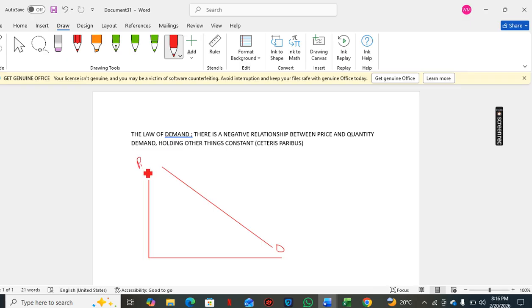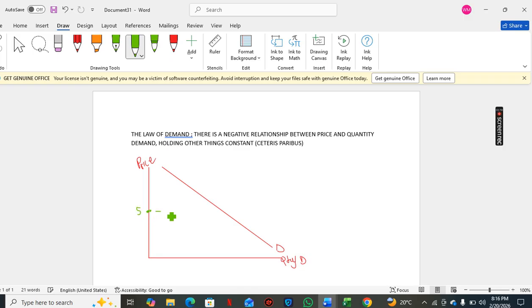You have price on your y-axis and quantity demanded on your x-axis. Okay, like this. So basically what this is telling us, let's say for example, if a good costs 5